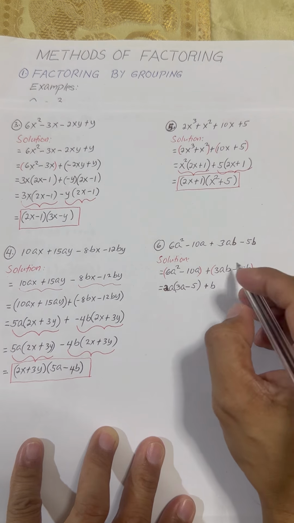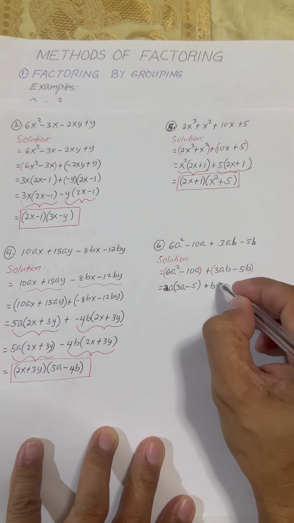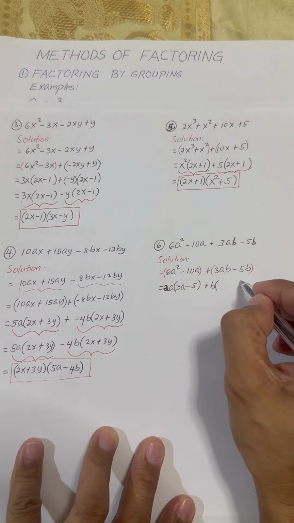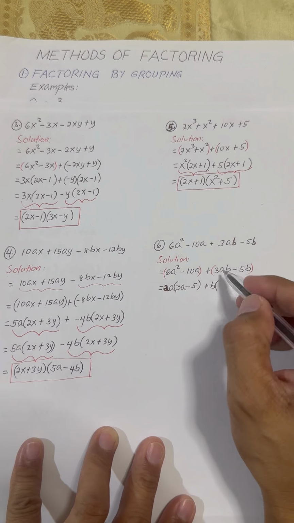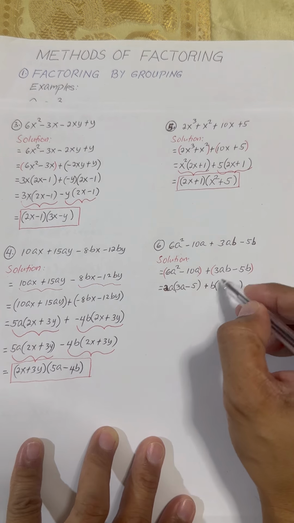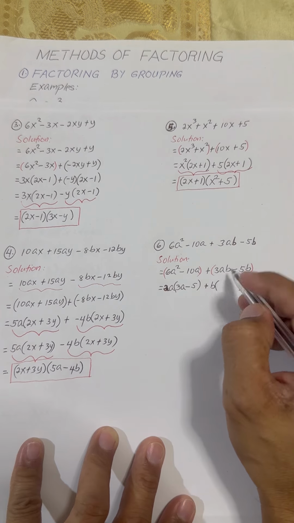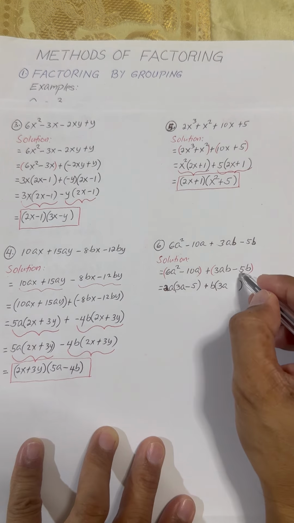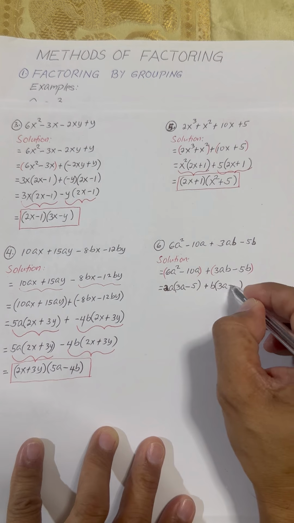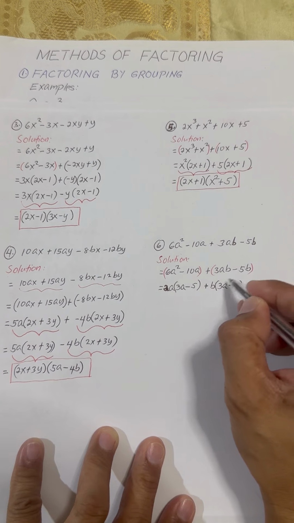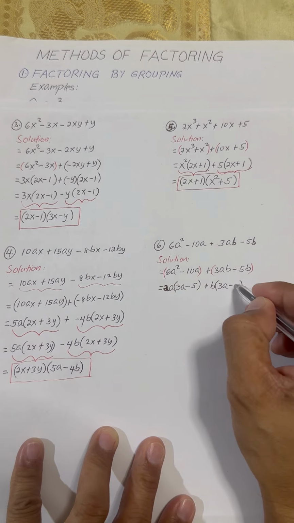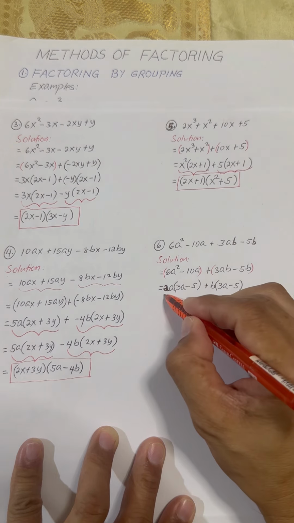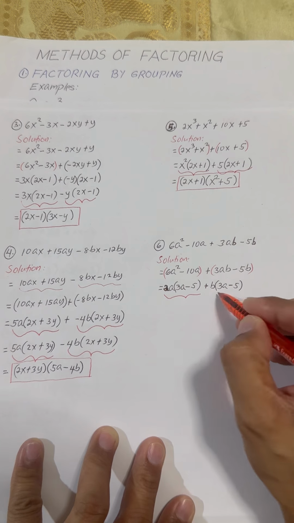So, factoring out the GCF, which is B, then make the parenthesis. 3AB divided by B. So what is left is only 3A. Minus 5, so it's minus. So 5B divided by B is only equal to 5. Now we have the new groups.